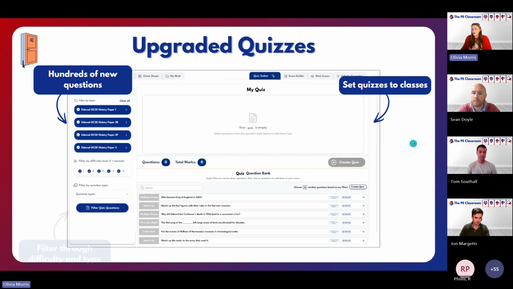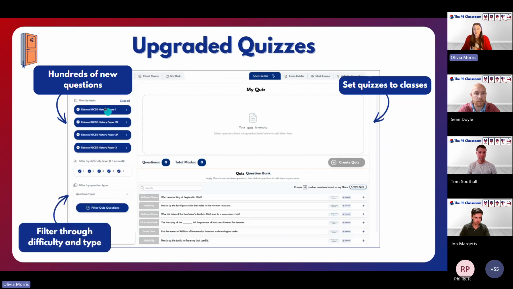So it will work just like Exam Builder does currently. So you'll be able to filter your topics. You'll be able to filter by difficulty level as well. So for example, if pupils are just getting started with a topic, or if they're revising it at the end of the year, you can change the difficulty based on that. And you can filter by question type. So we'll have lots of different question types like multiple choice, matchups, fill in the blanks, lots of different question